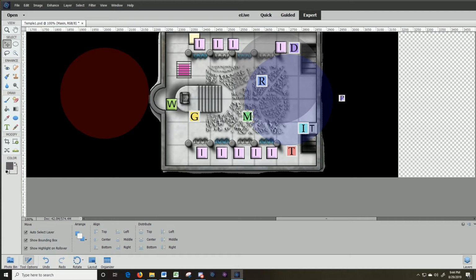This dude that keeps popping up, I'm not going to bother putting him on the board again. He appears right here next to Dundas. He swings on him for a 24. And he does bludgeoning damage of...